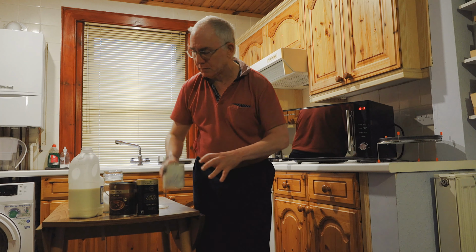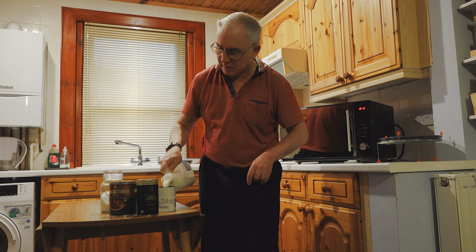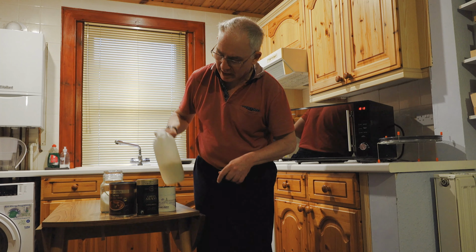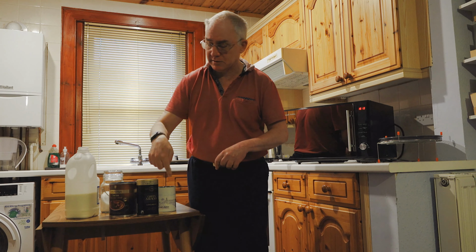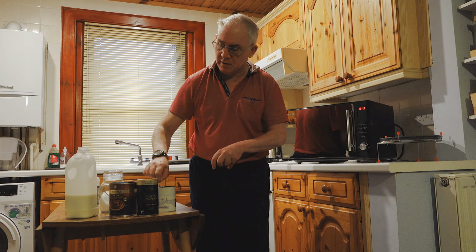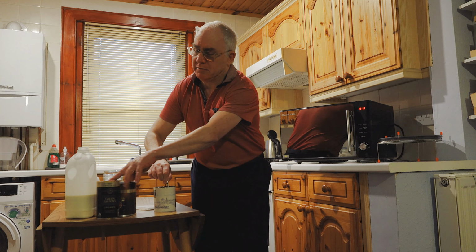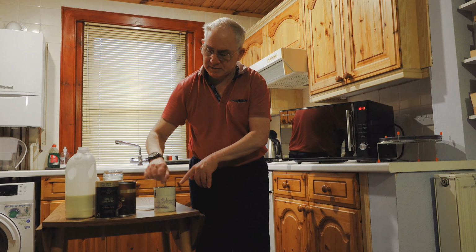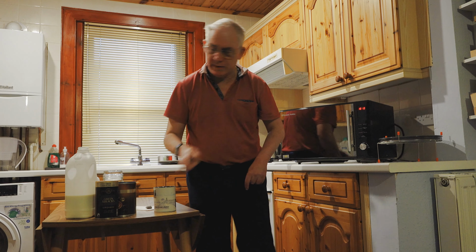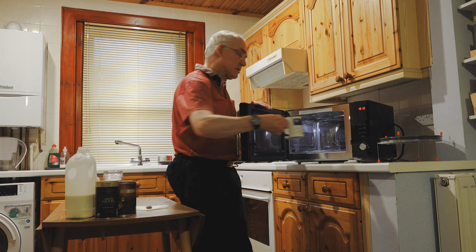Mix it into a paste and then fill it up. I didn't do it a very good way. I've had too much milk in it. It doesn't matter. Now I fill it up. Doing it with just a little bit of milk, just to make the paste, is the best way. Then you stir it again. Just move that out of the way so you can see a bit better. And then when that goes in there, you open the microwave, pop it straight in like this